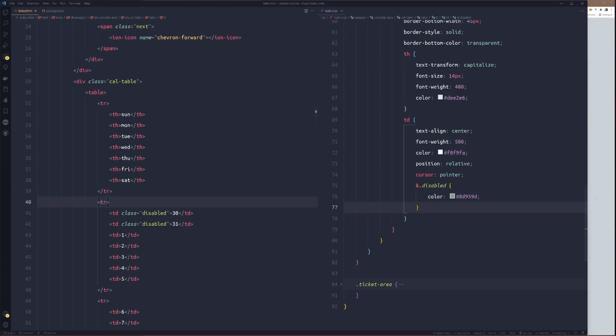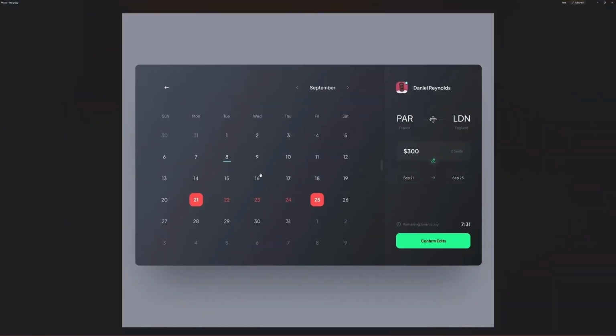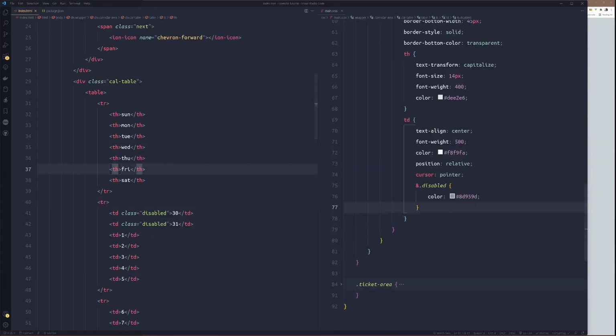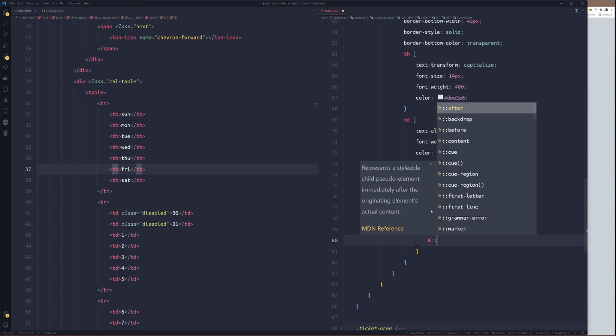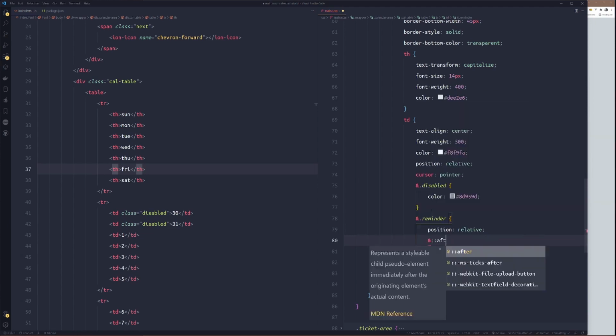So now the next one, I will need to target this reminder here to give us this underline. So what we'll do, for the reminder, we'll target the class. Then we'll first set position to relative. Then we'll use the pseudo class after.